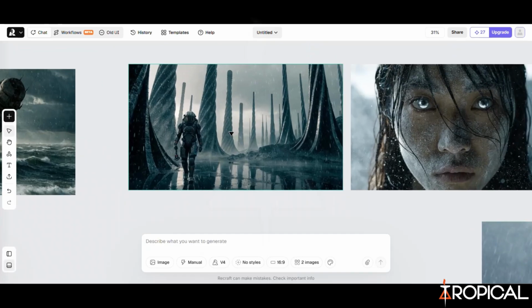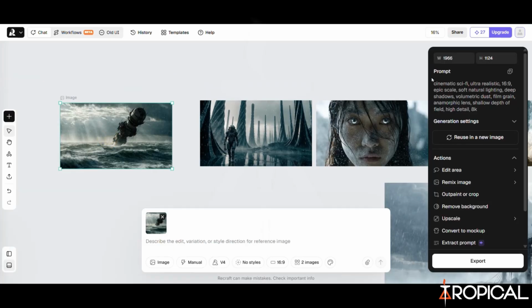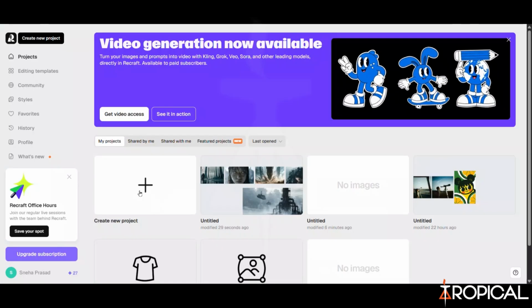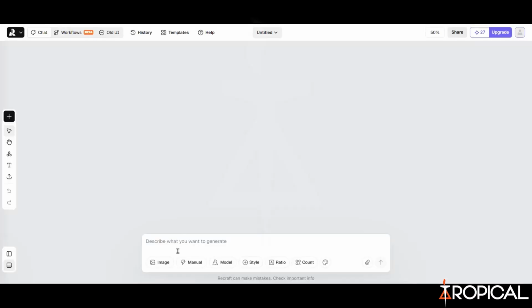And for the prompts as such, I haven't used very detailed prompts. So we have a detailed prompt document in the description. If you want, you can check that out as well. Now, generating any kind of image on Recraft is very easy. You just need to create a new project. Here, you need to give out a prompt. Just for example, I'm using a loan,